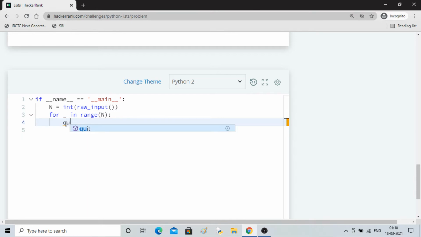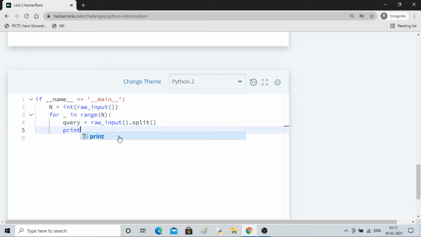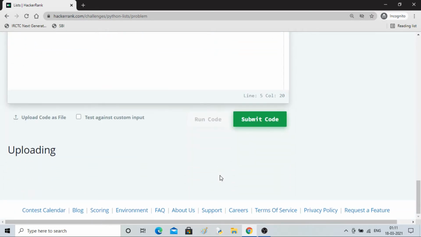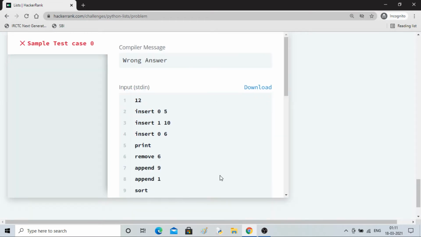Okay, so I'll name it query, and I'll take input, and we have to split, because there can be multiple inputs as well, right? So I'll take raw input as it is, whatever is being fed, and I'll see how it looks. Okay, print query. Let's see how it looks, so that we get a feel for how to proceed.